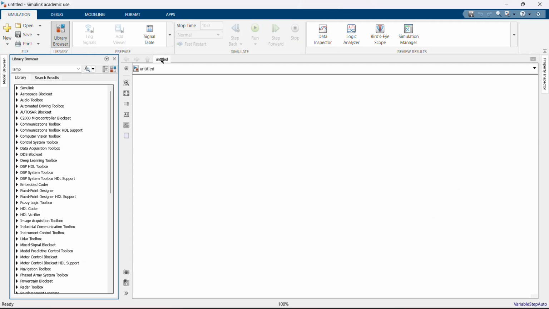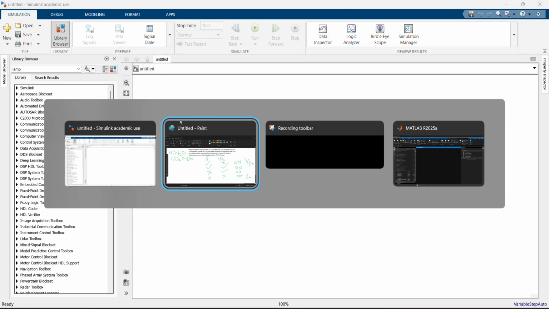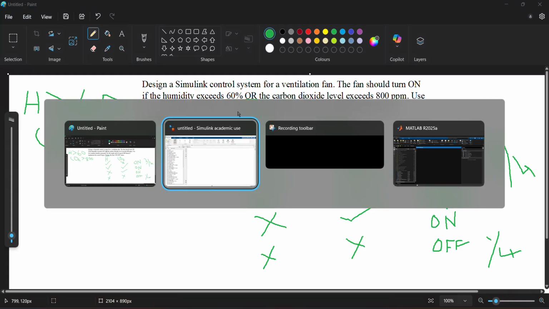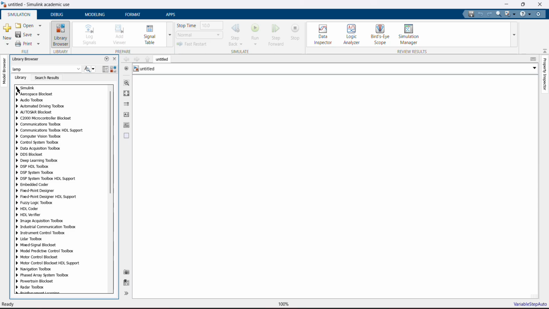So we have Simulink here. As per our problem, we have two variables, two parameters. One is humidity and one is carbon dioxide level. So I need two random number generators, one random number generator for each. For humidity, I'm going to use a random number generator, and for carbon dioxide level, I'm going to use